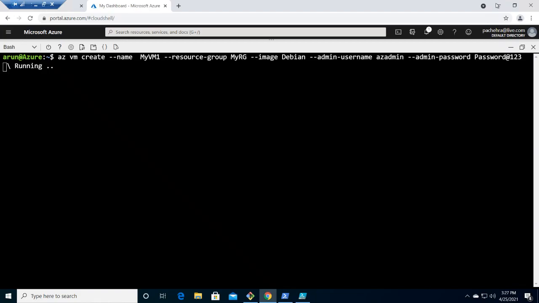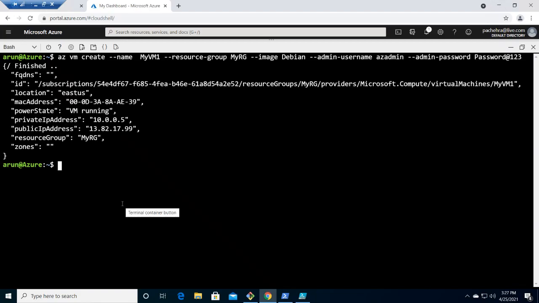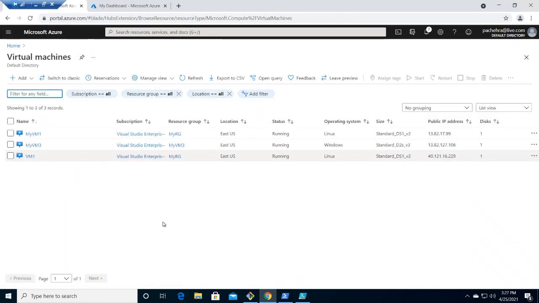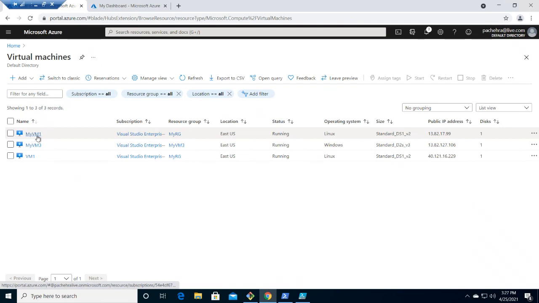Now let's go quickly to the Azure portal as well. It has created the virtual machine, that is my VM1. Let me get back to the portal. Come here, click on virtual machines. My VM1, even my VM3 got created, because when I was hitting Control C to stop, it had already triggered. That's why it is here, but it's fine. Our motive here is not to troubleshoot what happened. Our motive is to create the virtual machine by various means. So this is the my VM1 that we have created.